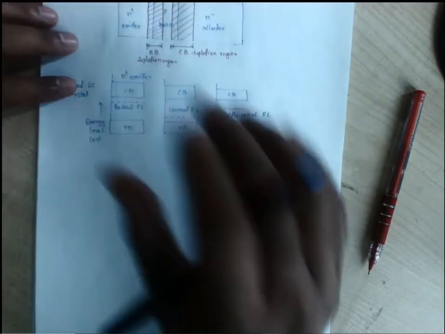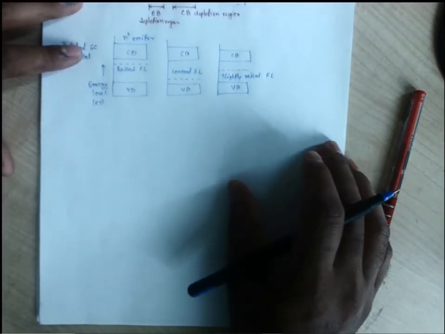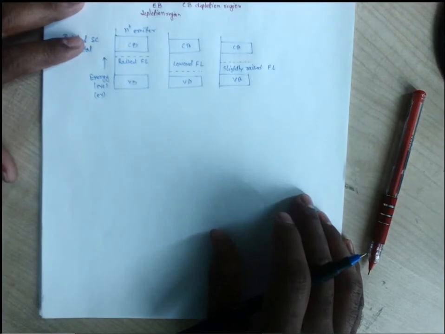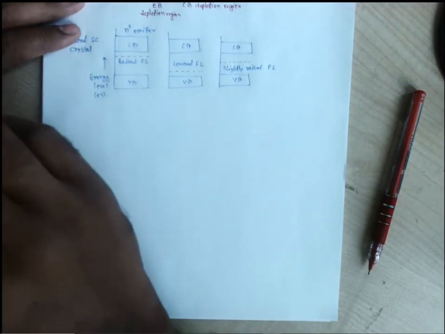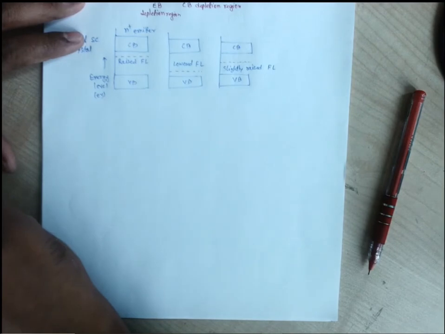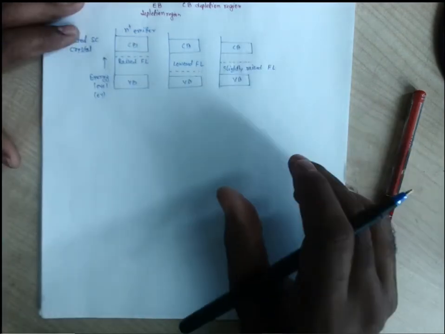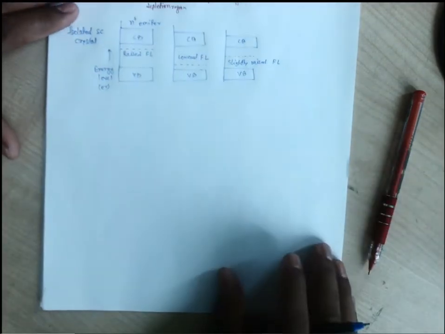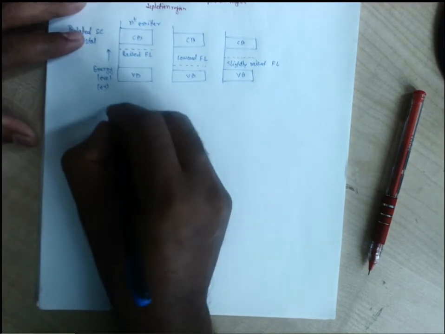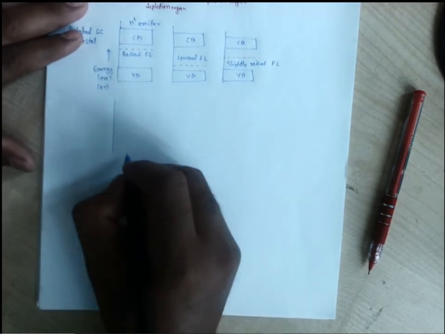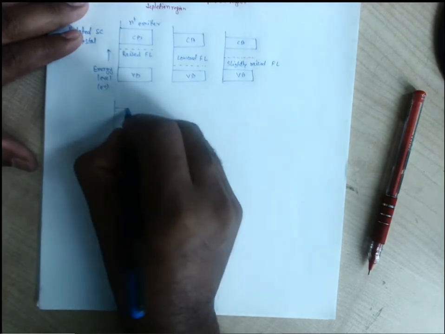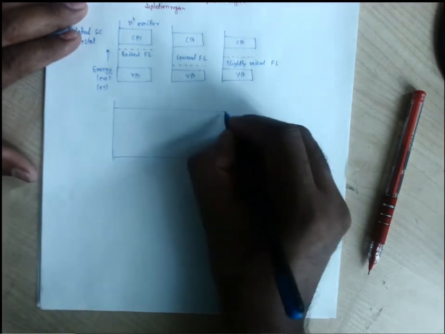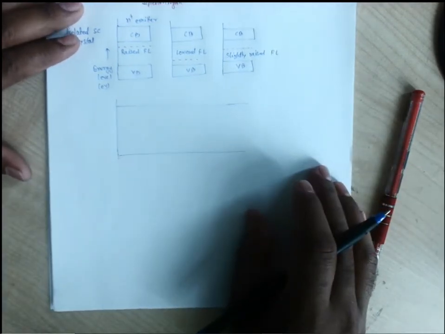Now when we join them all together, the Fermi level needs to be aligned in a straight line. So taking this concept, how will the conduction band and valence band take their formation when we have our unbiased transistor, that is, all these isolated crystals joined together to form a transistor? So let us check that one. What we want is that our Fermi level should be aligned in a straight line. That is what we know according to our concept.